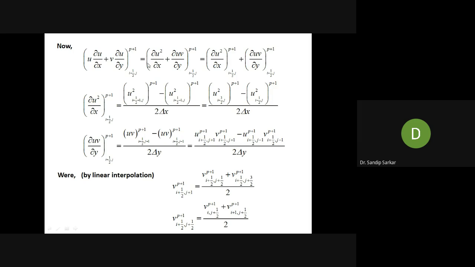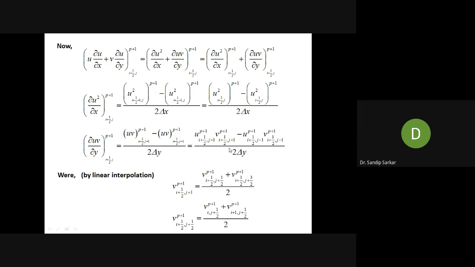This u del u del x plus v del u del y is a convection term. You need to apply linear interpolation for the grid points where the variable values are not defined. Primarily here v is a variable that is not defined at the i plus half, j plus 1 grid points. So you need to apply linear interpolation scheme for the variable values while discretizing the convection terms